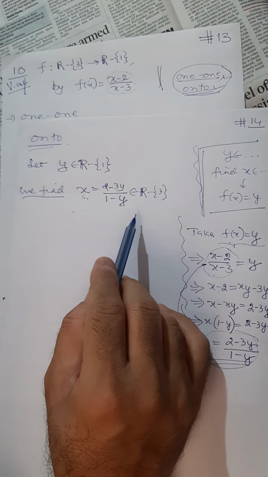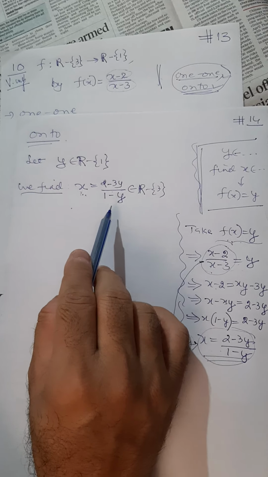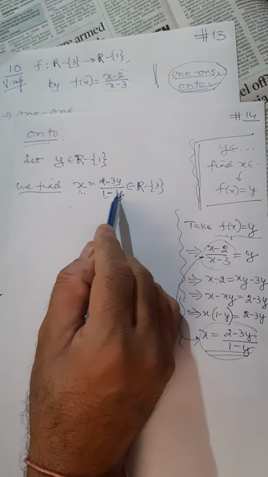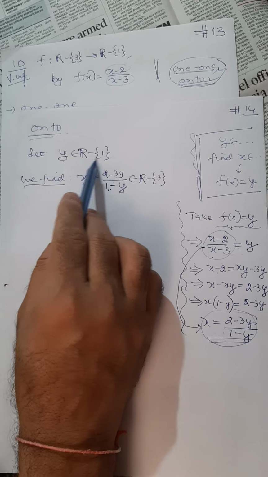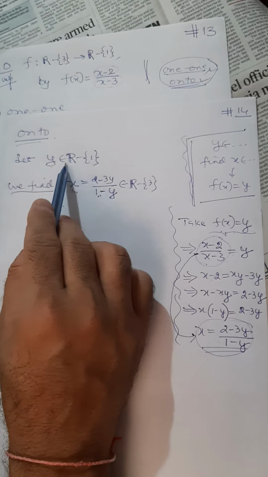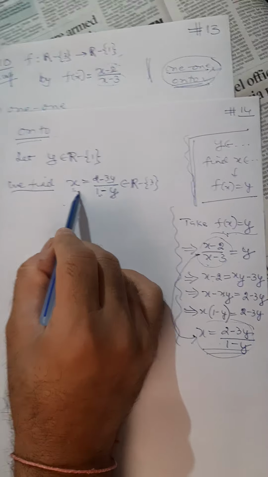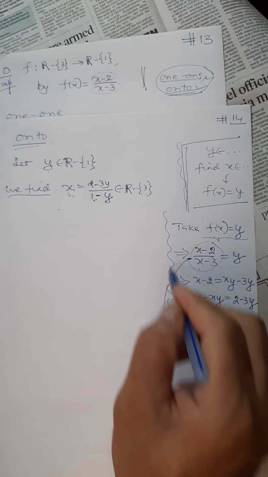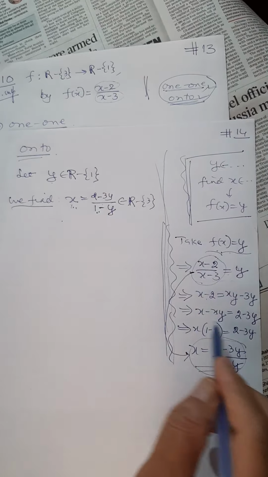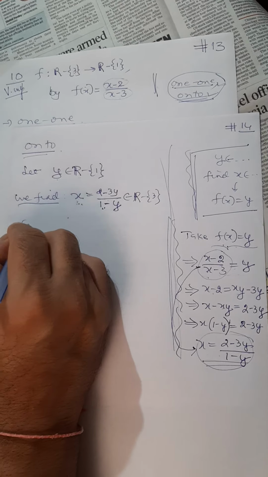Now remember, this is defined. Why is this defined? Because you cannot take y equals 1 here. See, y comes from the codomain, that's why this is defined. The denominator never be 0 because y is never 1. So we find x. Usually you show this much in the exam also, by just drawing a line here like this. You show this such that